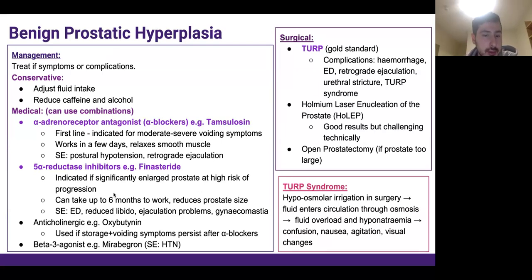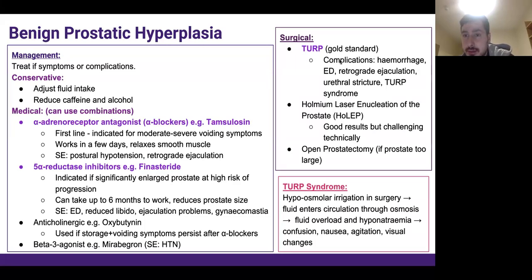But this takes a long time to work, and because you're reducing testosterone-related hormones, you'll get effects of erectile dysfunction, reduced libido, ejaculation problems, and gynecomastia, because you're increasing the estrogen to androgen ratio as you're dropping the androgen levels. If this doesn't work, you might counterintuitively give an anticholinergic like oxybutynin to try and relax the bladder further. So the gold standard is actually surgery, though, and this is TURP, a transurethral resection of